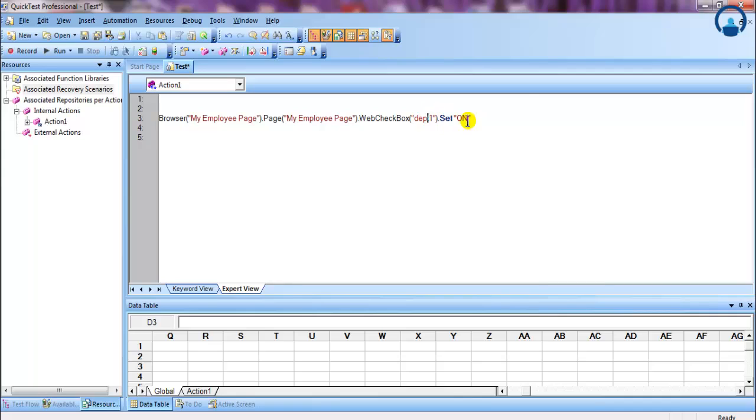So I'll show you what we can do. First of all, I just need to manipulate my property for the web checkbox. So the browser and the page I can keep in the object repository, and I can use descriptive programming for the web checkbox. Okay,